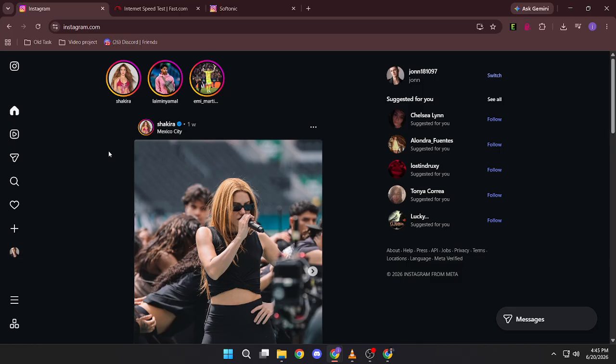loading. In most cases, checking your internet connection, updating the app, clearing the cache, or reinstalling Instagram will solve the problem. So work through these fixes one at a time, and you'll usually have Instagram working normally again in just